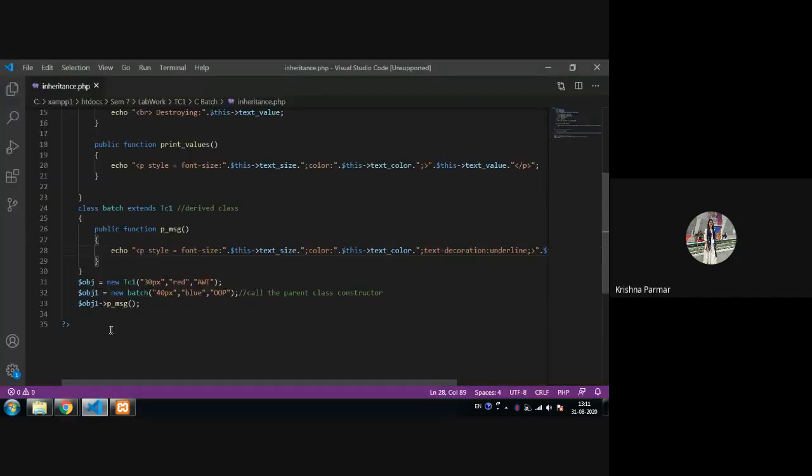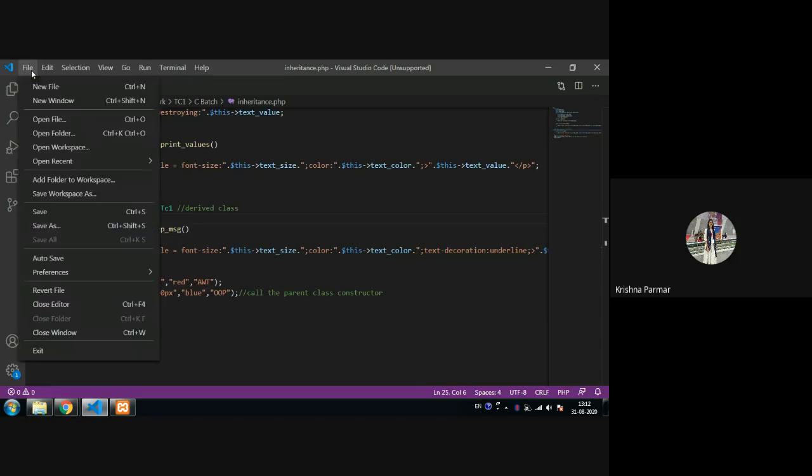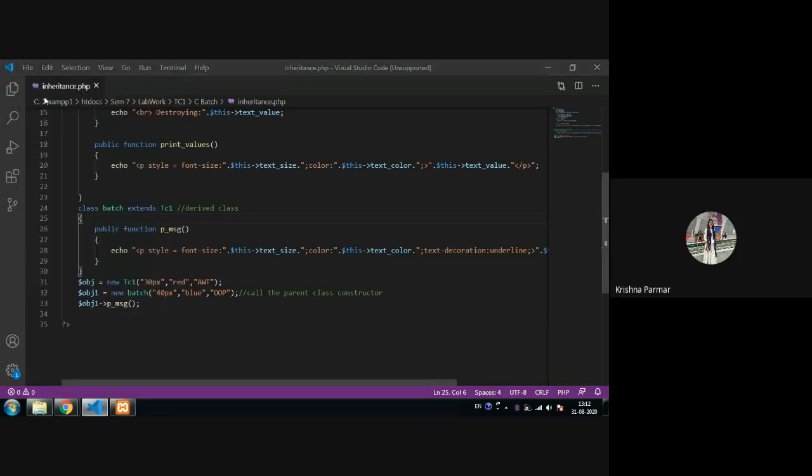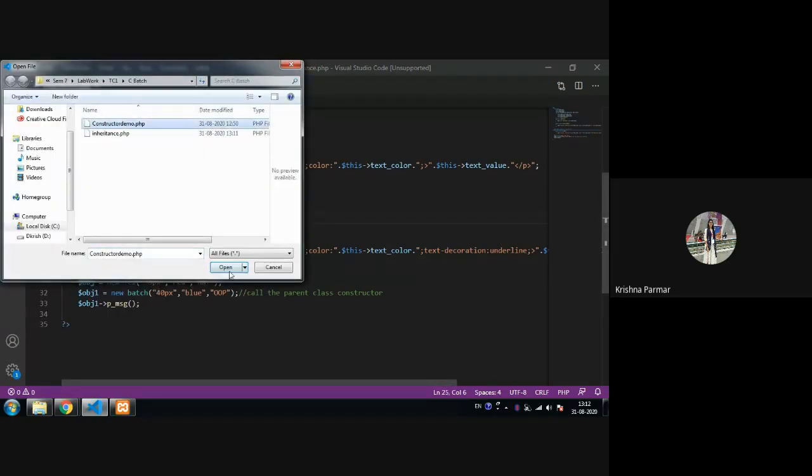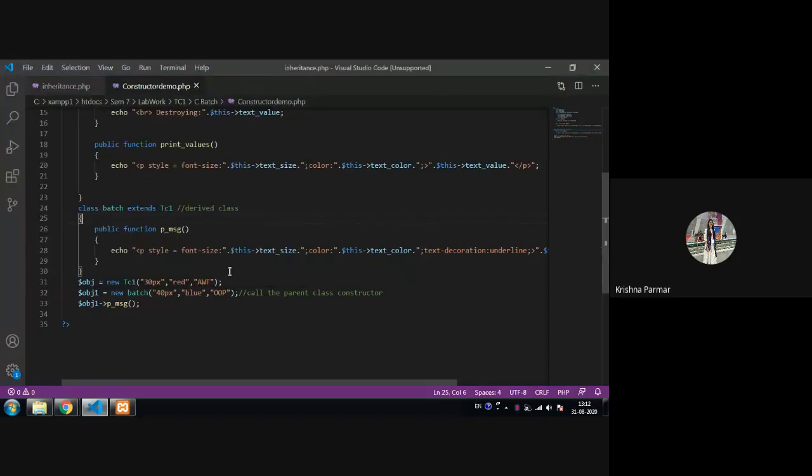Okay, fine. Now open the previous file. I want to convey something here. Whenever the constructor is not there, it automatically calls the parent class constructor, right? But if a constructor is present here, how can we call the parent class constructor? That is the scenario, which is why I'm opening the previous file. We will demonstrate that there as well. So close this file and open the previous file, so all the constructor-related things are in one file.